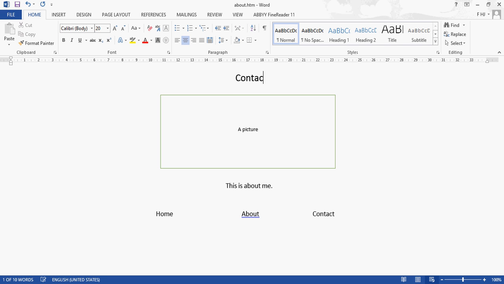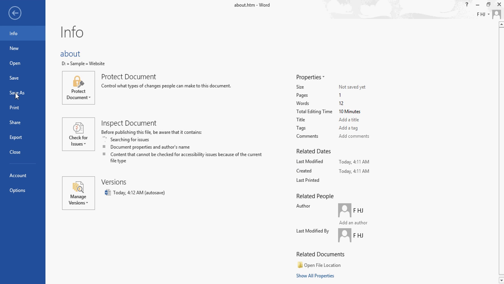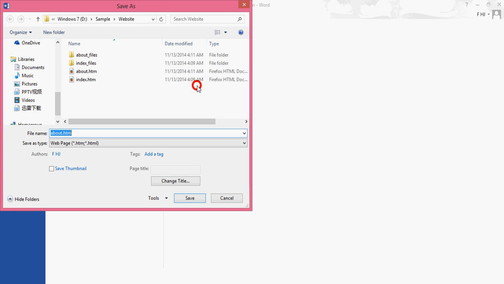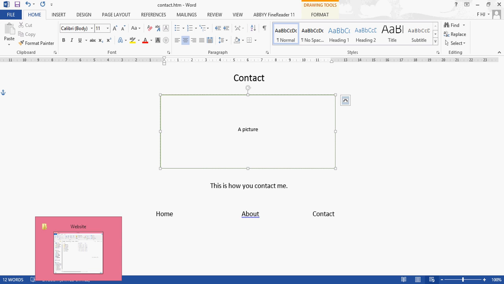contact. This is how you contact me. So instead of picture, you can type in some information. You can adjust this a little bit. Now we have created 3, but I haven't saved. Let me save the 3rd one. Save as contact. And it's done. We have created 3 different files, but in order for us to link them up together, I